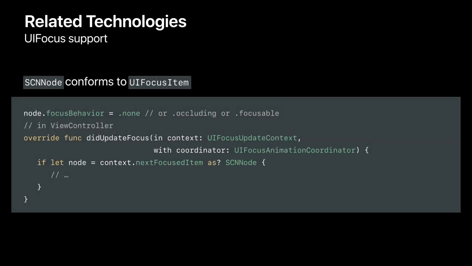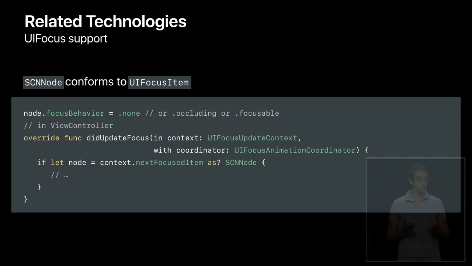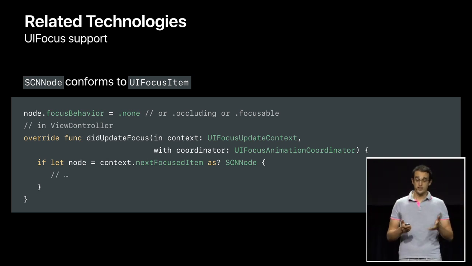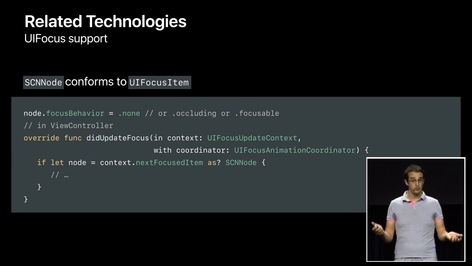Next is UI Focus. The UI Focus engine is part of UIKit, and it allows you to select and focus objects on your Apple TV using the Siri remote. Now, SCNNode conforms to UIFocusItem, which means that you can decide which object in your scene should be focusable or not. And then the focus engine will call you back and will tell you what object should now be focused in response to gestures on the Siri remote. And then it's up to you to decide what action you want to take and what visual feedback you want